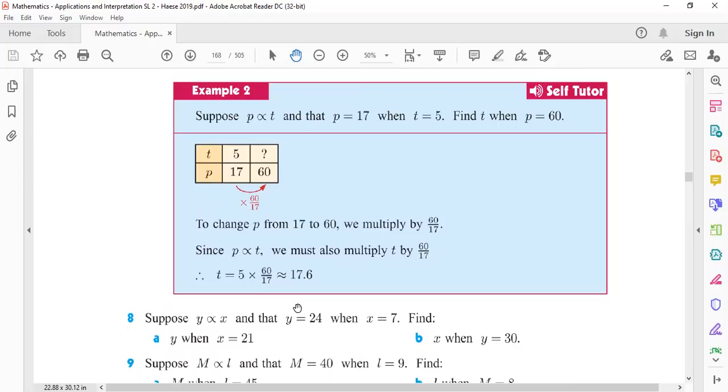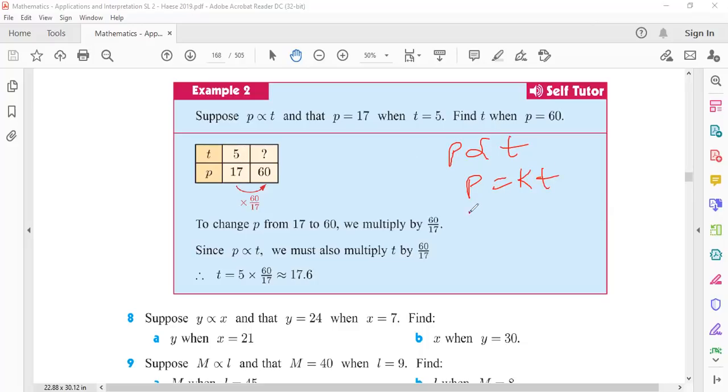Okay, can you look at the example or can you try the eighth one? Okay. Otherwise, I'll explain it to you. This is basically what you did in International Maths. So here they are doing it directly. Instead of using this way, you can use your International Maths way. That's also easy. So in the International Maths way, what you used to do? P and T. P is directly proportional to T. That means P is equal to KT. So P and T is given.